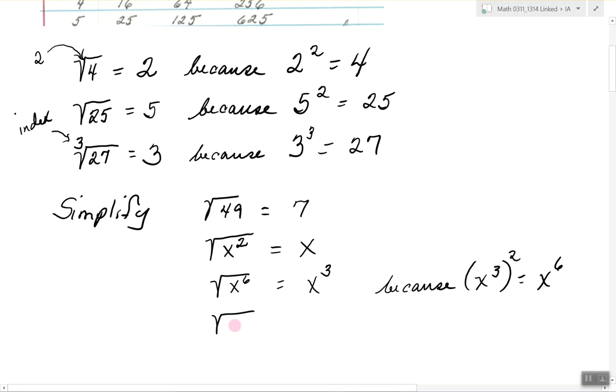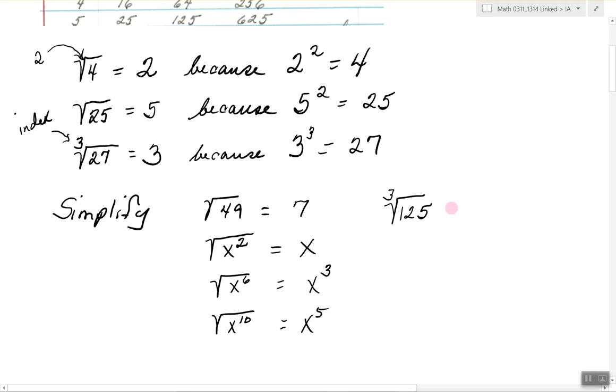The square root of x to the 10th is x to the 5th. So I hope you're beginning to see a pattern when you have variables with exponents, that when you take their square roots, you're taking half of the exponent. Let me erase this. Now, if we talked about cube roots, say I said, would you simplify the cube root